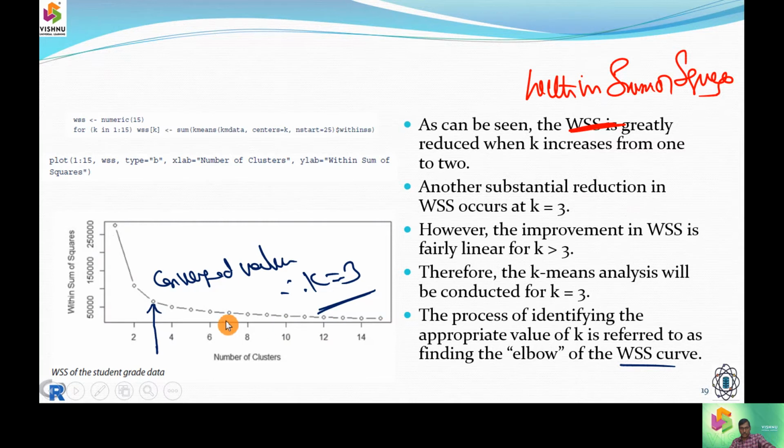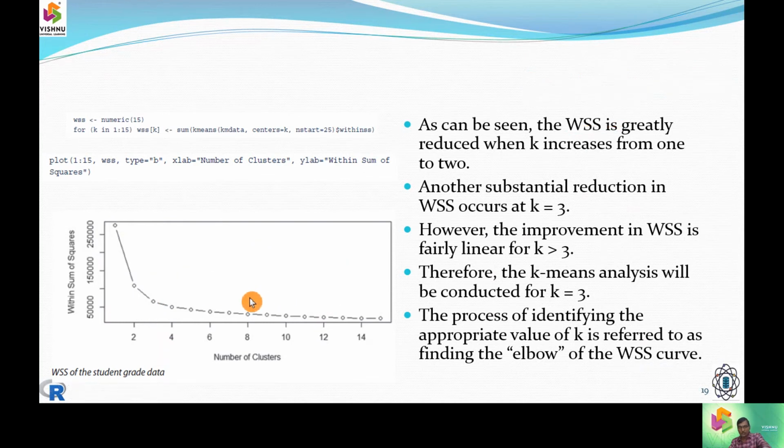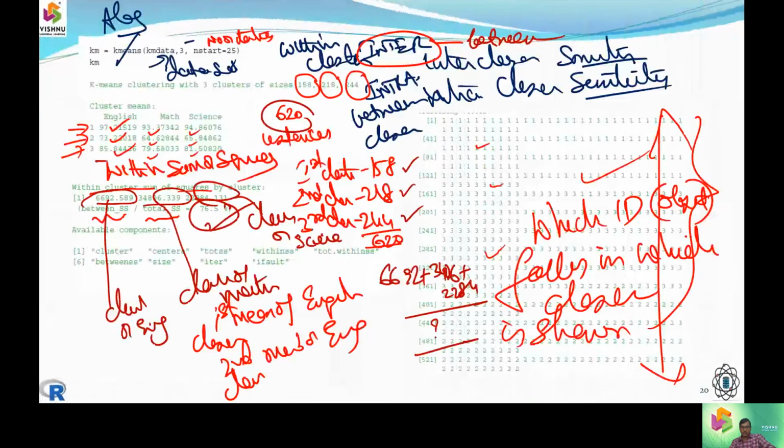Here you can see there is a linear trend observed from cluster 4 to cluster 15, which can't be taken into consideration. But the sum of squares was too high at cluster point 1, middle at cluster point 2, and at cluster point 3 it is somewhat low. There itself it is like an elbow where it converges from high to the linear trend. So that point we are going to choose as the cluster center, and thereby we are initializing the clusters.